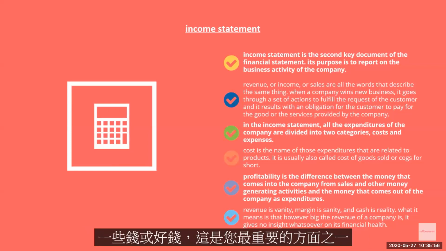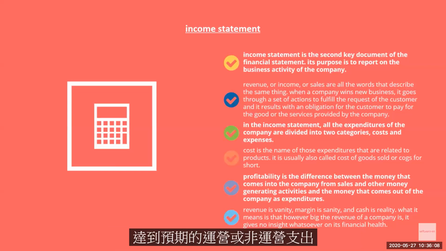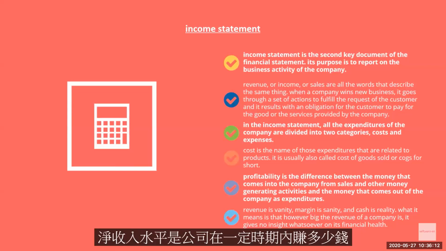It is one of the most important aspects of your business, and definitely the most important one of the income statement. It is the element of the income statement that needs to perform well, and which you need to focus on by analyzing its underlying elements, such as revenue, expenditures, whether operational or non-operational, to get it to the expected level. Net income is how much money the company is making over a certain period of time, and it is